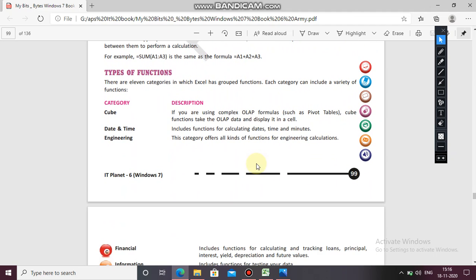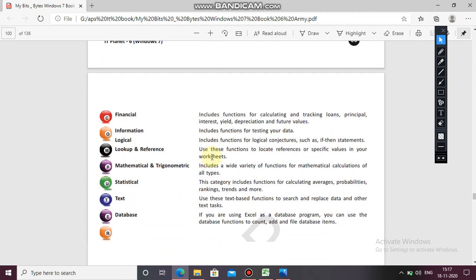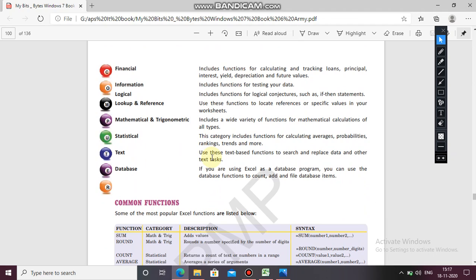Already we had discussed this: cube, date and time, engineering, financial, information, logical, lookup and reference, mathematical and trigonometric, statistical, text-based functions and database.